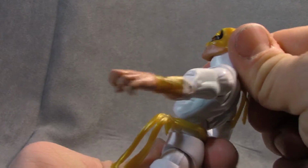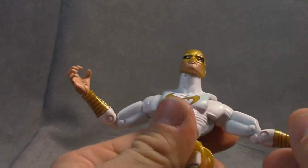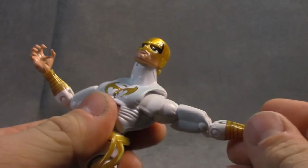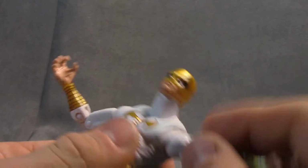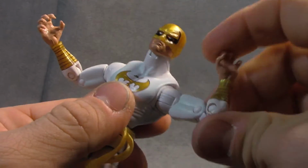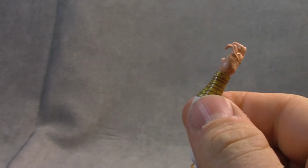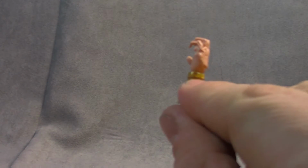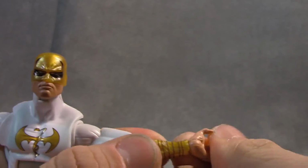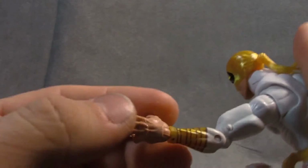And we get, let's see, 2 forward, 1 back, so that's pretty nice. And we got a butterfly joint here for the chest, which looks pretty good given what it is, and then a ball disc for the shoulder, which is like a soft notched ratchet that swivels also. Swivel at the bicep, double jointed elbow. We've got these which are painted, and the lines are painted on them, and they're done really well also. Got a little smudge right there, but pretty good. And then hinged swivel for the hands,